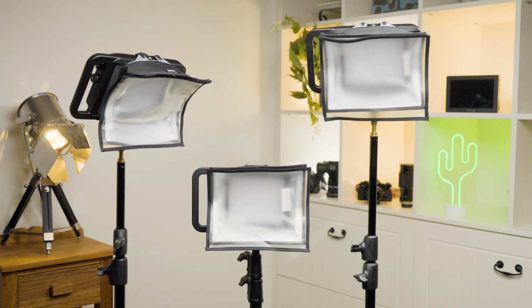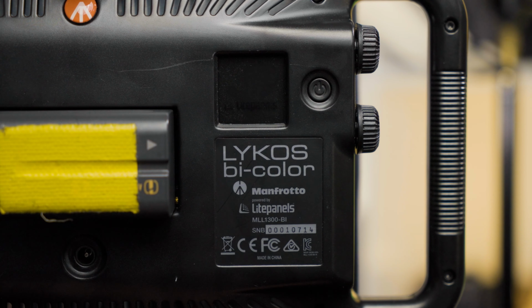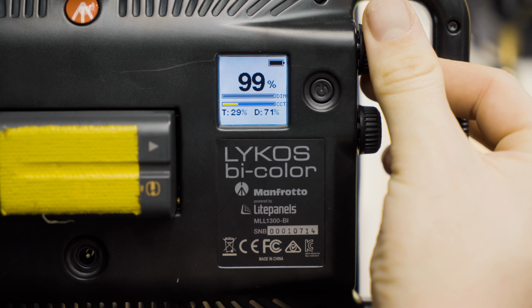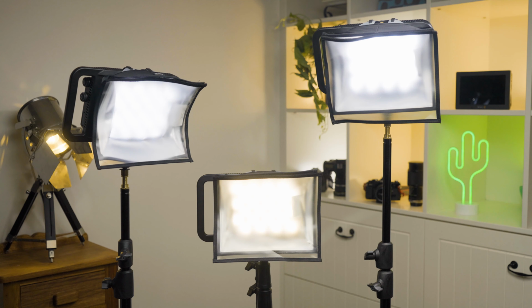Right here, we have the Manfrotto Lykos. So the benefit of these lights is that they're dimmable from 0 all the way up to 100%. And they're also color temperature adjustable in case you wanted a warmer look on your face. The benefit of the Lykos light is that they come in kits, so you can either get them as single,